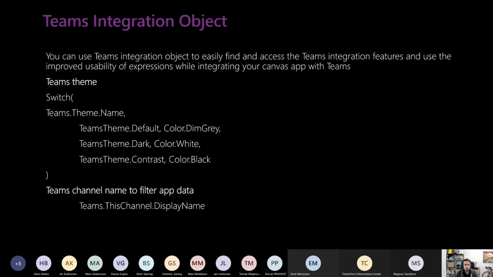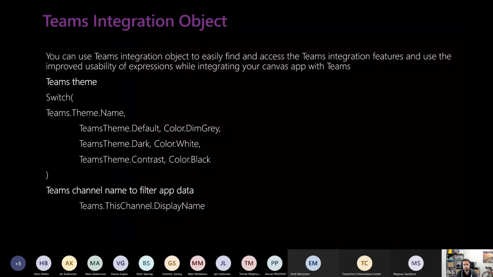Okay, another cool thing is the Teams integration object. Later I'll show you a simple application, and I'll show you the integration with Teams. Basically, when you create a Power App application in Project Oakdale for Teams, inside this application we can use a Teams object, and by using this Teams object, we are able to get and access some information from Teams.